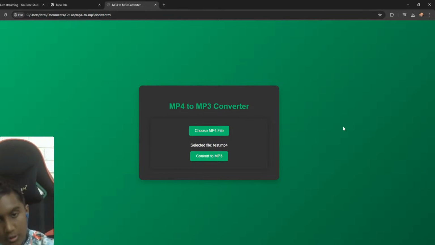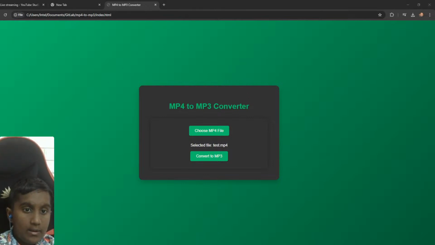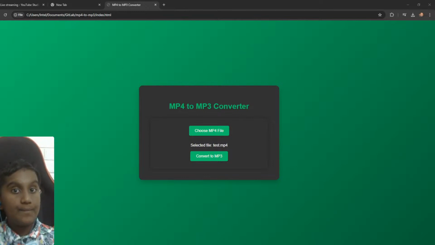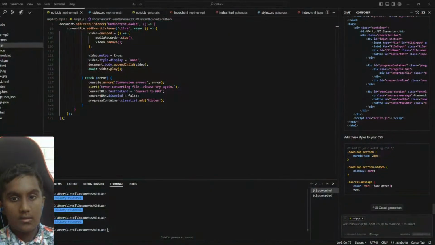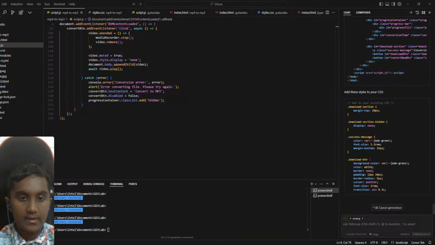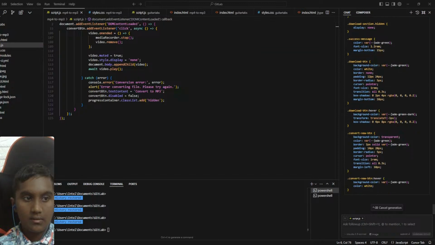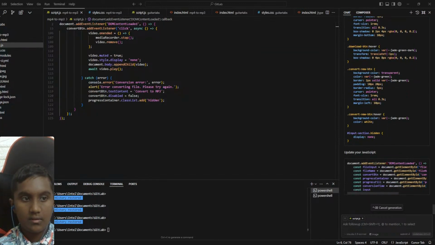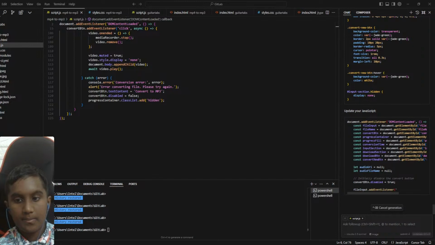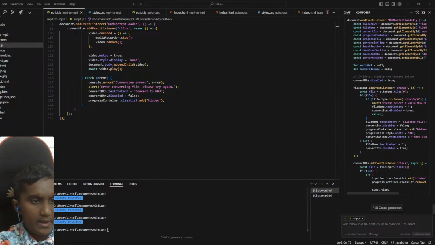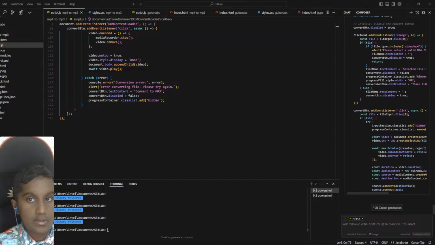Okay. So now what I'm trying to do here is, a lot of people don't prefer it if the app's auto downloaded. So I'm gonna add a download button after the file has been done. So as you can see over here, cursor is generating it. Now, one minute, I'll just publish the